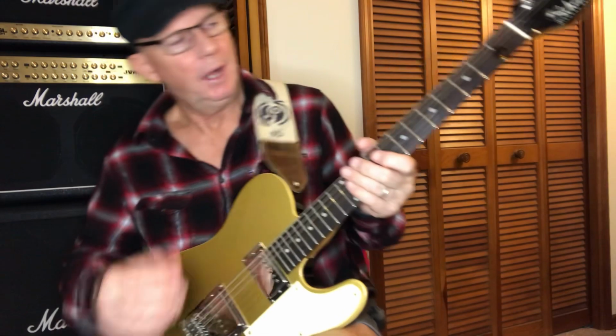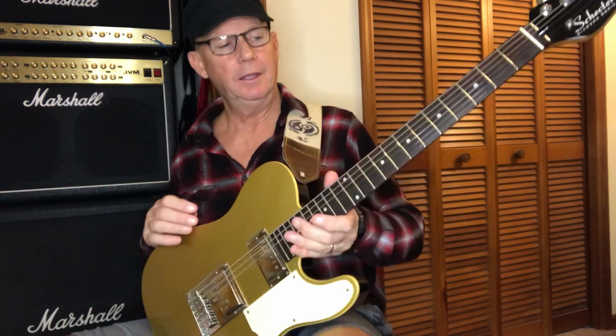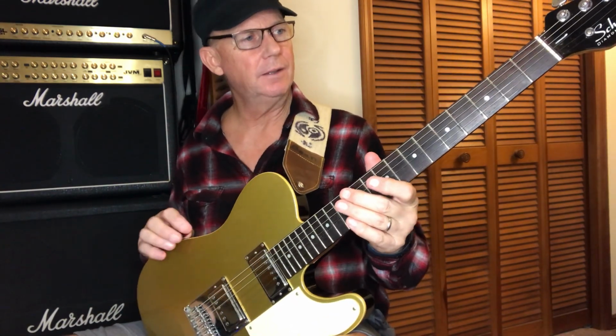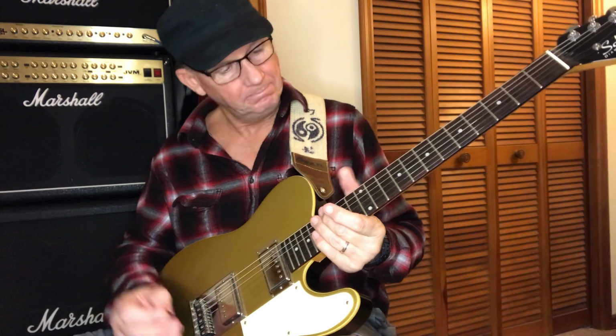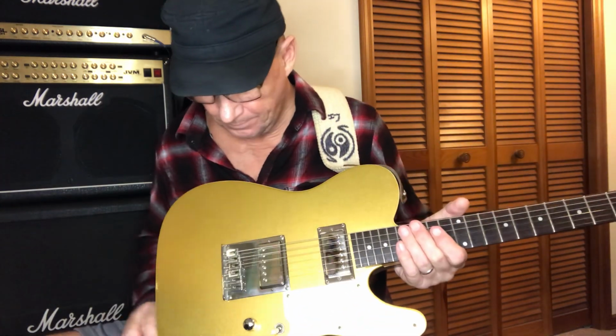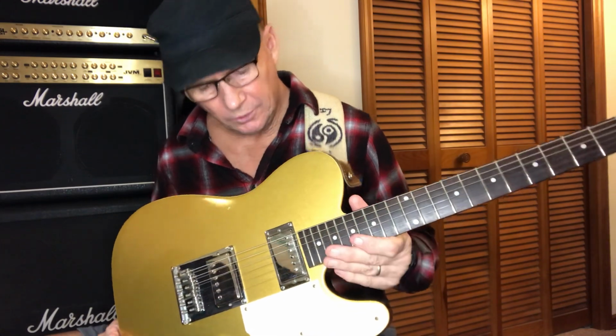So I've been picking up the guitar this week for the first time and playing it. And believe it or not, in the 6+ weeks that I've not handled the guitar, my fingertips have gotten soft, and they kind of hurt when I'm doing a chord or bending. They feel weak. So it's going to take some time, but I'll get it because I'm one of those guys that works on it constantly. So what we have here is I think it was a 2001